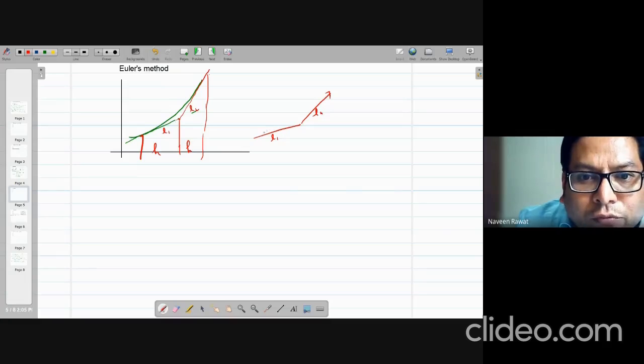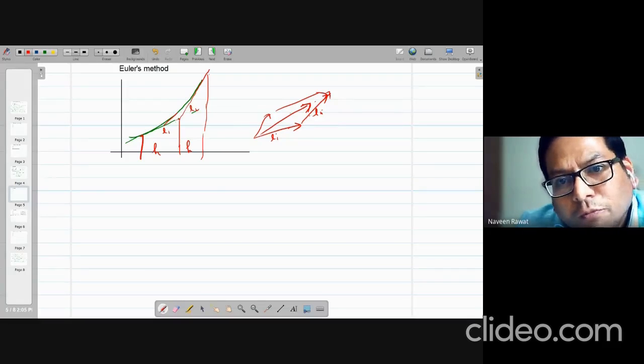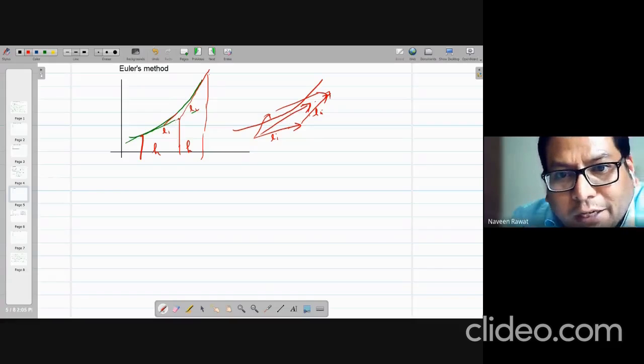The easiest way to figure out how to reduce the error is you just take the parallelogram method like this, and then you just combine L1 and L2, and you find the third vector, which is the summation of this slope and this slope, and this slope obviously will be closer to the actual function if you just take the first slope and the second slope and add them. So that's how you can draw a better slope and match the actual function, which looks something like this. All right, so that's a simple strategy.